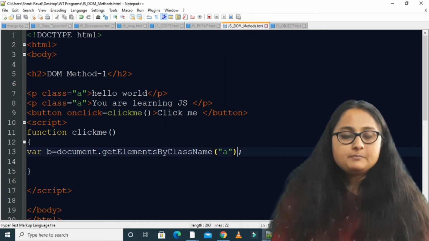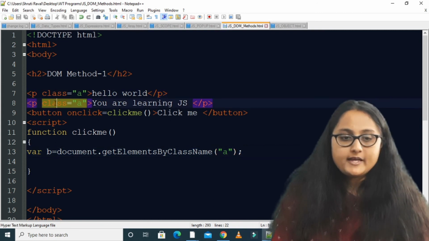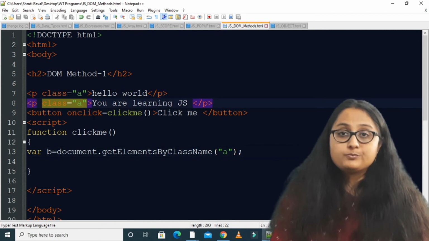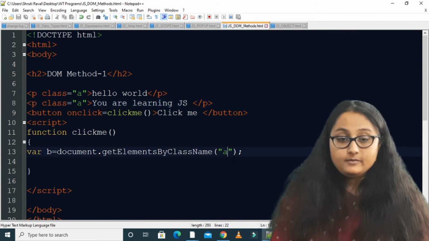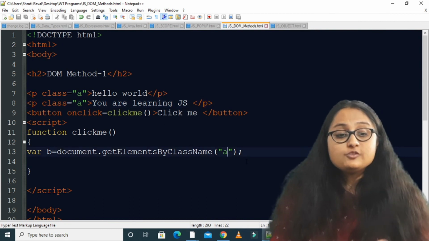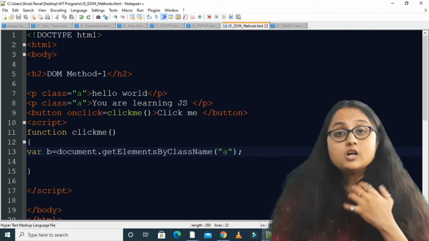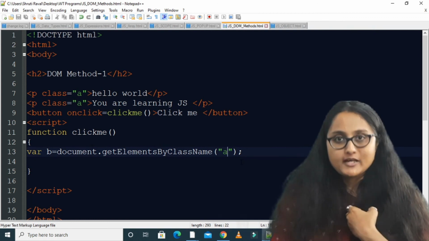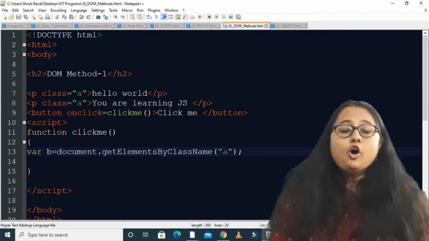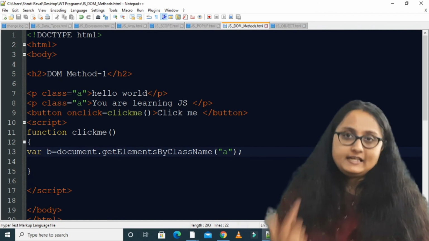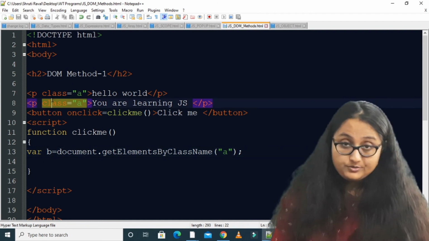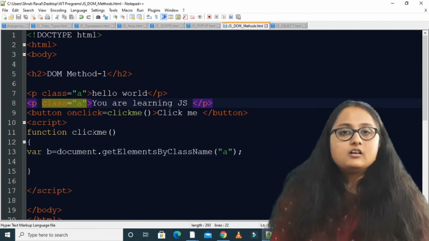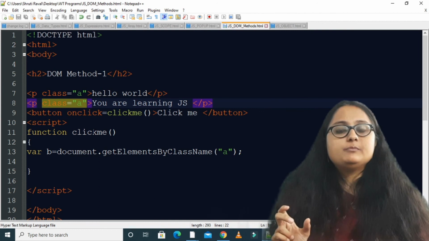Here I am passing a, because I have two paragraphs and the value I have given for the class attribute for both of them is a. As soon as you pass this a, what will be captured or accessed? All the HTML elements having the class name a will be captured, and an array will be created.